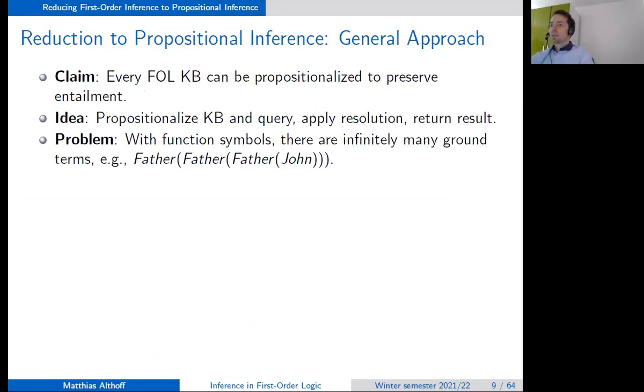There's just one problem, and that is because first order logic allows one to use function symbols. So we can have indefinite function calls, like the father of the father of the father of John, or we can add several fathers here. This can go on forever. So that means we have an infinite number of possible propositional symbols.